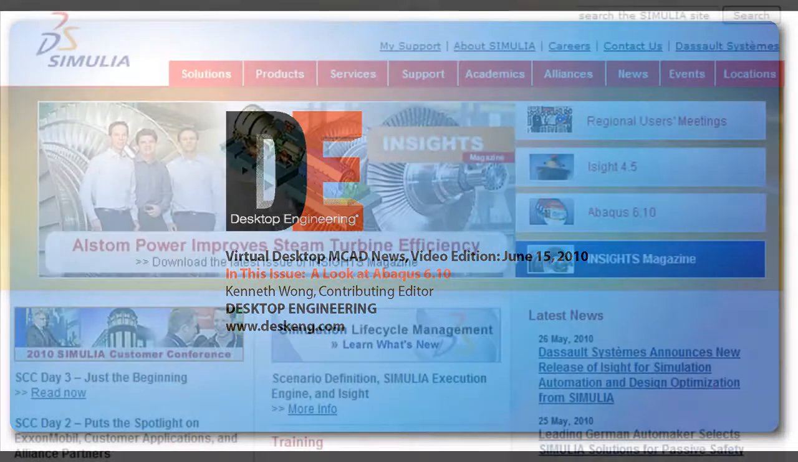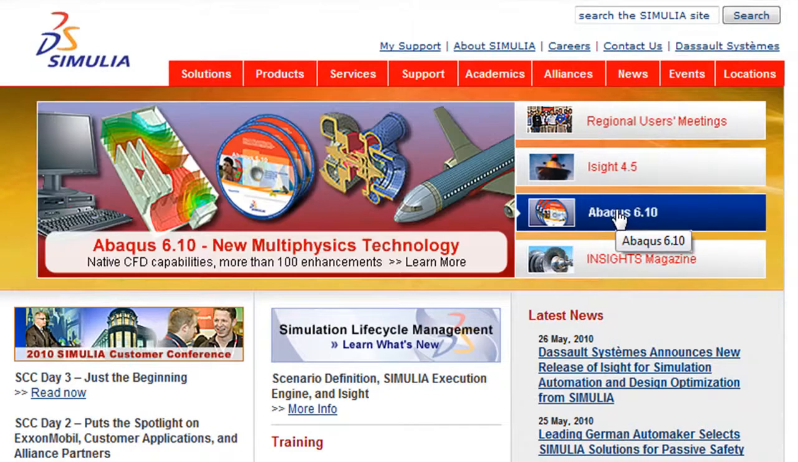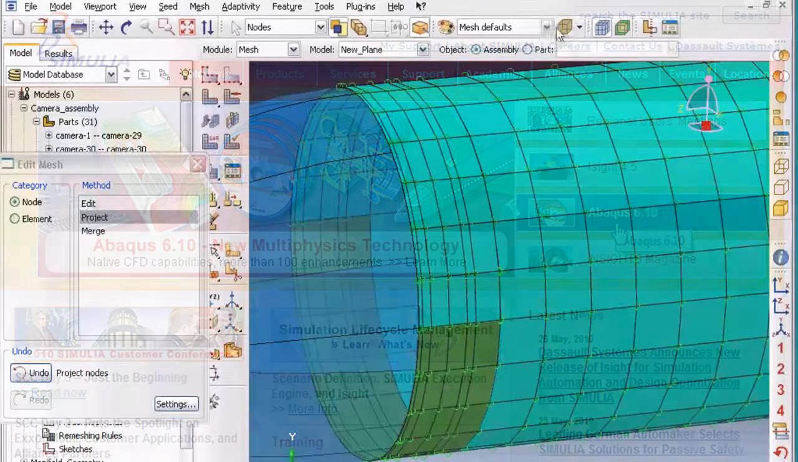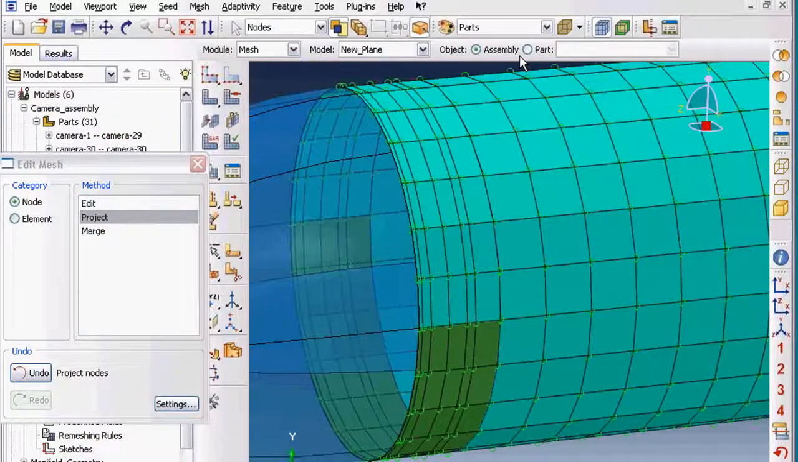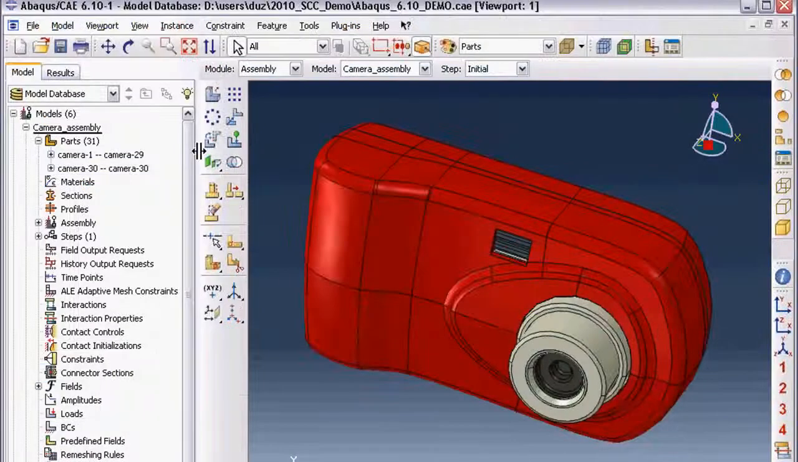So last week, Dassault Systems released a new version of its simulation and analysis software, part of its Simulia portfolio. This is a high-end product available as a CATIA add-on module or as an independent package. I'm going to give you a brief look at Abaqus 6.10, compiled from excerpts from the demonstration of the software